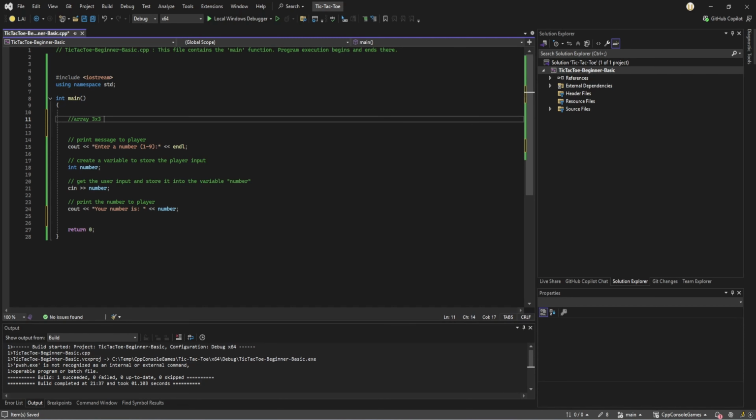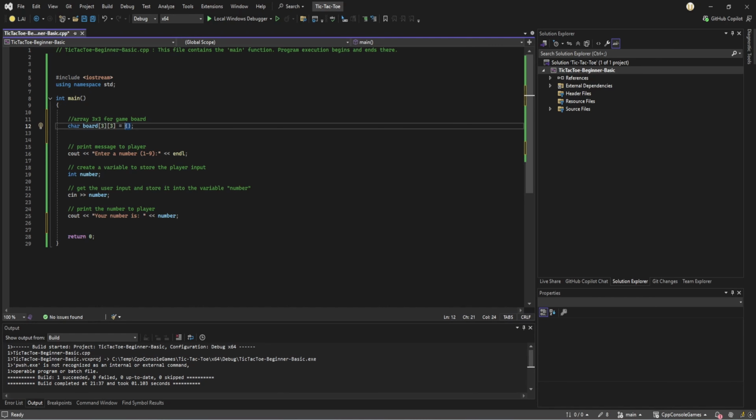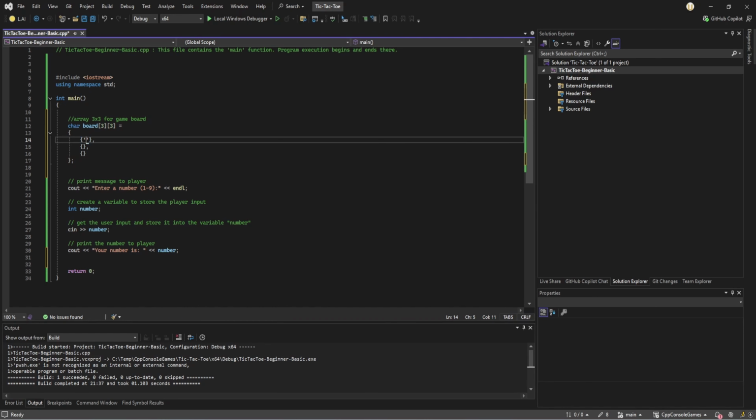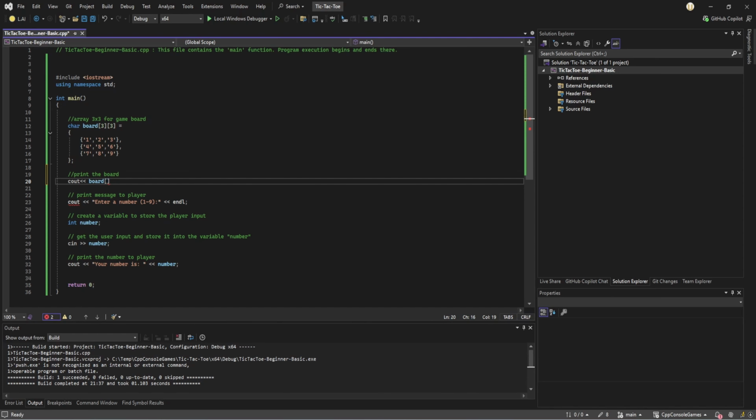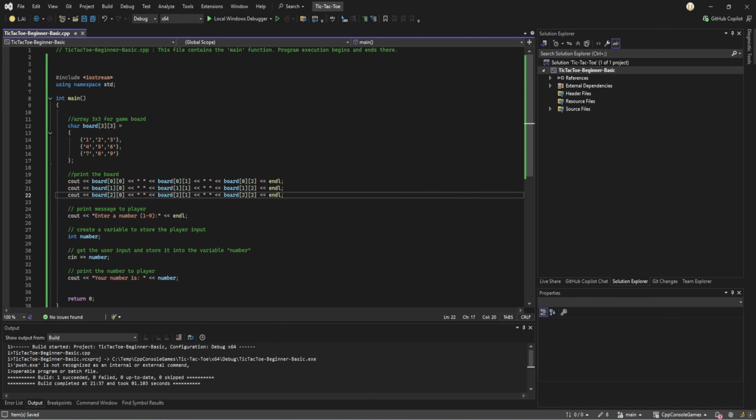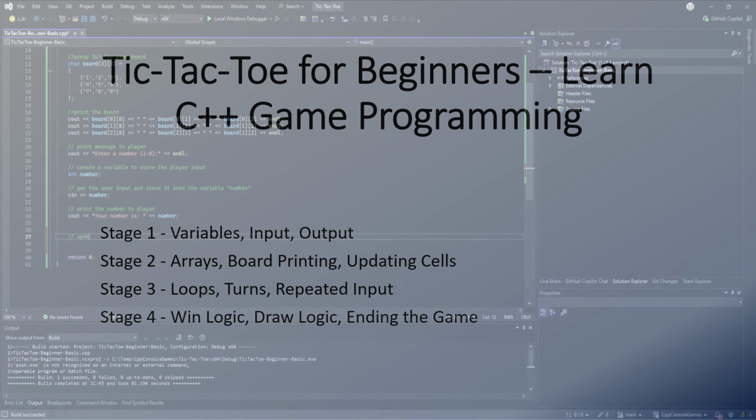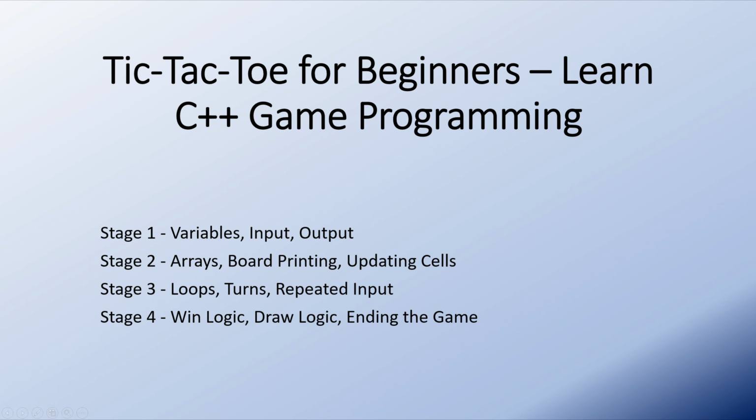Welcome to Tic-Tac-Toe for Beginners: Learn C++ Game Programming, a 4-part course. This course is designed for complete beginners who want to learn C++ by building a real playable game from scratch. Across 4 stages, we'll take a simple idea, tic-tac-toe, and turn it into a fully working console game. Each stage focuses on one core programming skill, and by the end of the series, you'll understand how real games